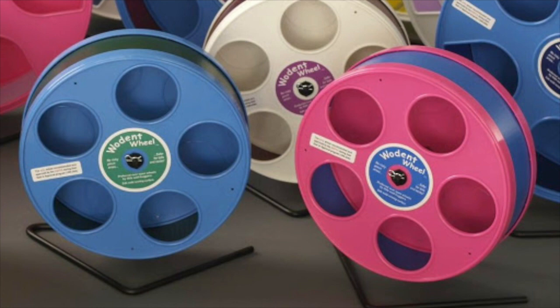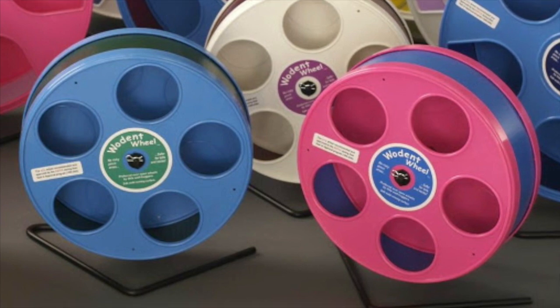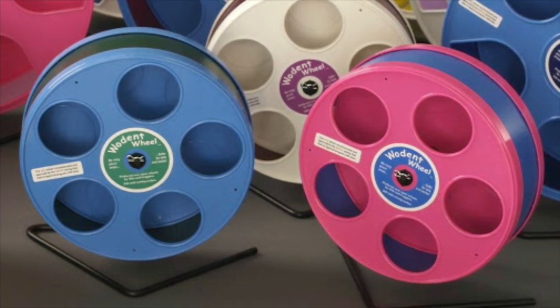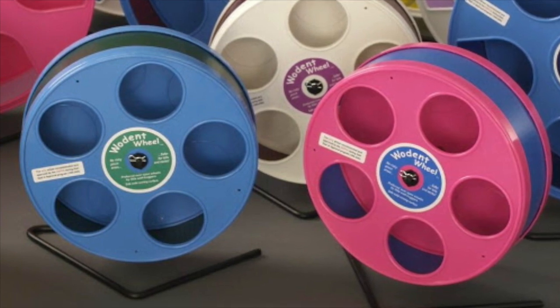The center axle can be extremely dangerous. Even if it weren't for that, it doesn't promote the highest form of enrichment due to it having a solid track and a closed front. It's sad because a very popular sugar glider company actually sells these wheels with their sugar glider starter kit, even though they're completely unsafe. These wheels weren't originally made for sugar gliders, so it's nothing with the manufacturer's fault, though